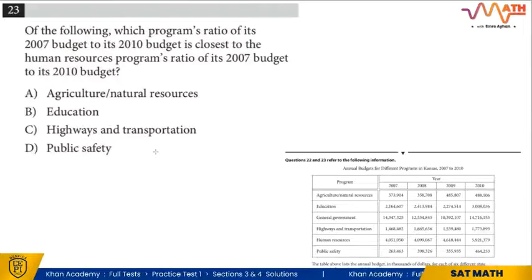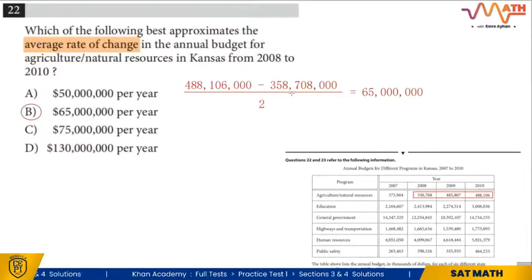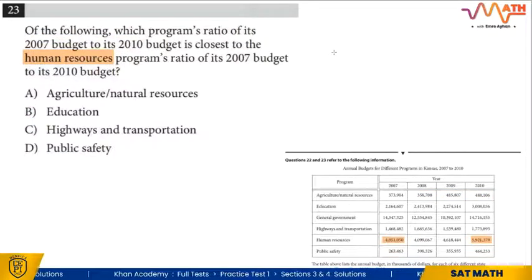Question 23. Of the following, which program's ratio of its 2007 budget to its 2010 budget is closest to the human resources program's ratio? Human resources, HR, right? In 2007 and 2010. I will not multiply by 1000 because the division will be simplified. So let me find the ratio for human resources first. Let me write here HR